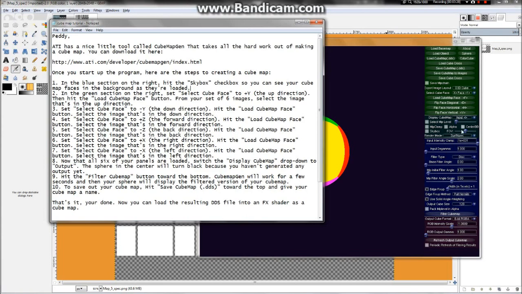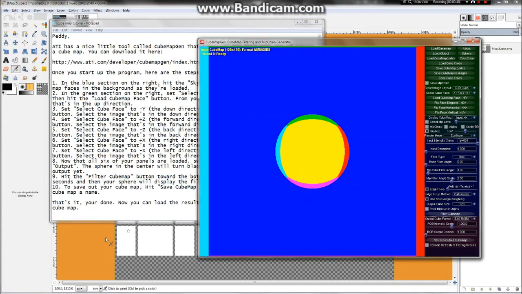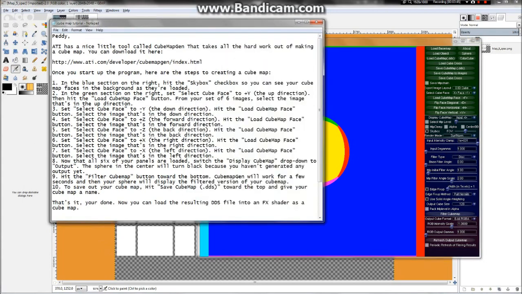The blue section, I need to switch this to skybox. This one always takes me a while to find in here. There it is right here. Check skybox. Is there anything else? Nope. Okay, so now I just want to say load